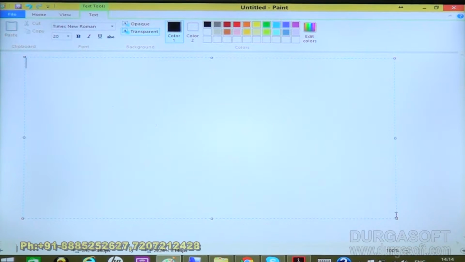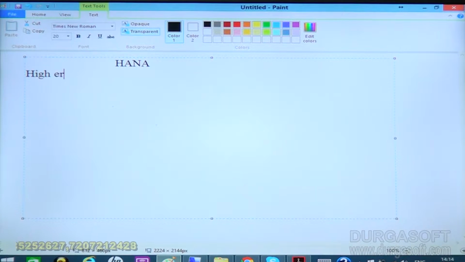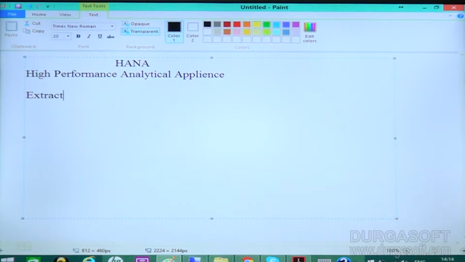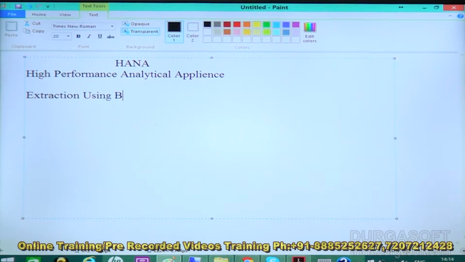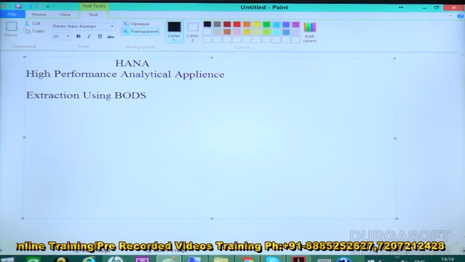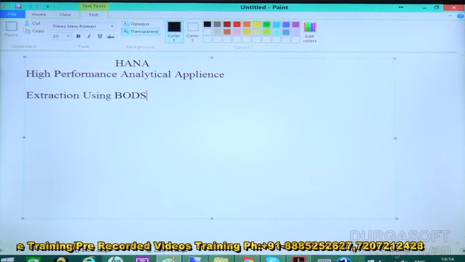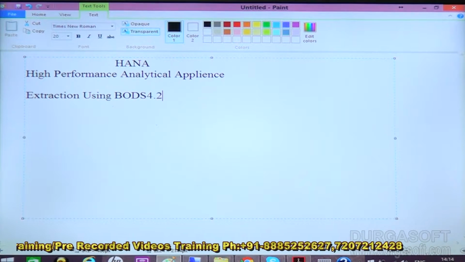So let's go with the topic called BODS. We are in SAP HANA, a high performance analytical appliance. We are doing this extraction concept using BODS, a tool which is version 4.2, the new version.